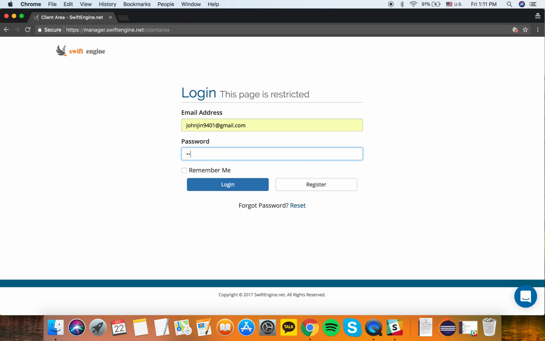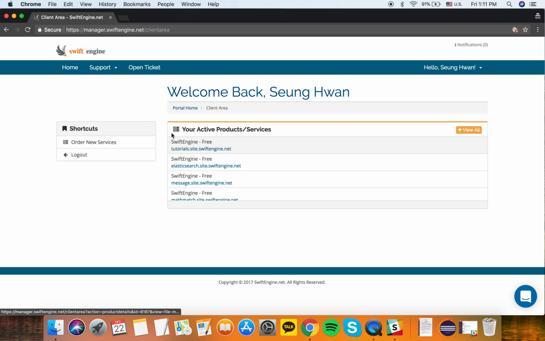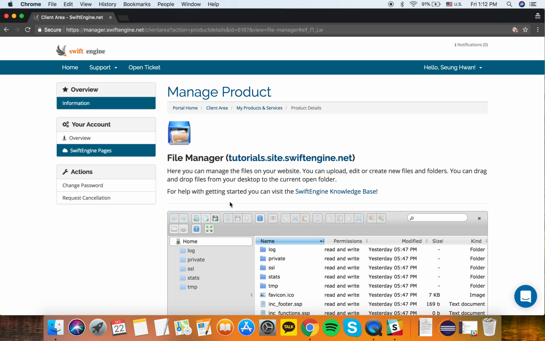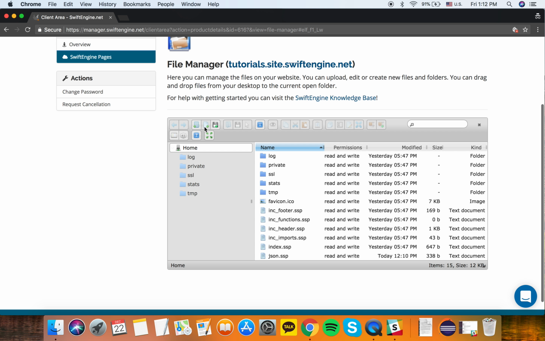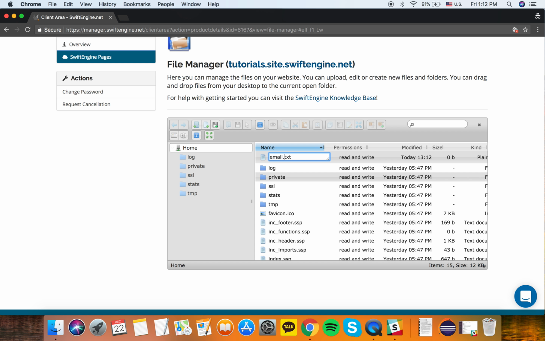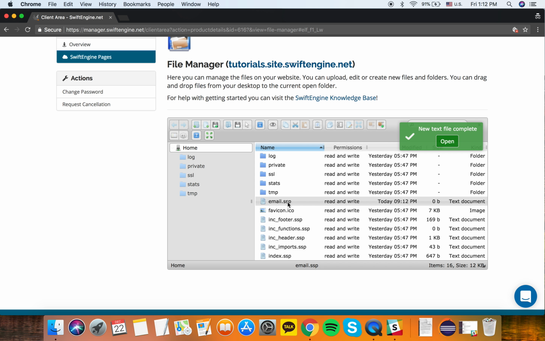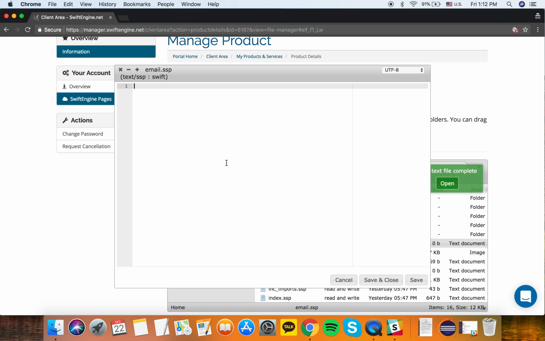So log in. If you don't have an account with Swift Engine, make one and then create or order new services so that you have a product. And I already have one. It's called tutorials. I'm going to create a new file called email. And our extension file name is .ssp. And here is where you type your lovely Swift code, and within the bracket actually